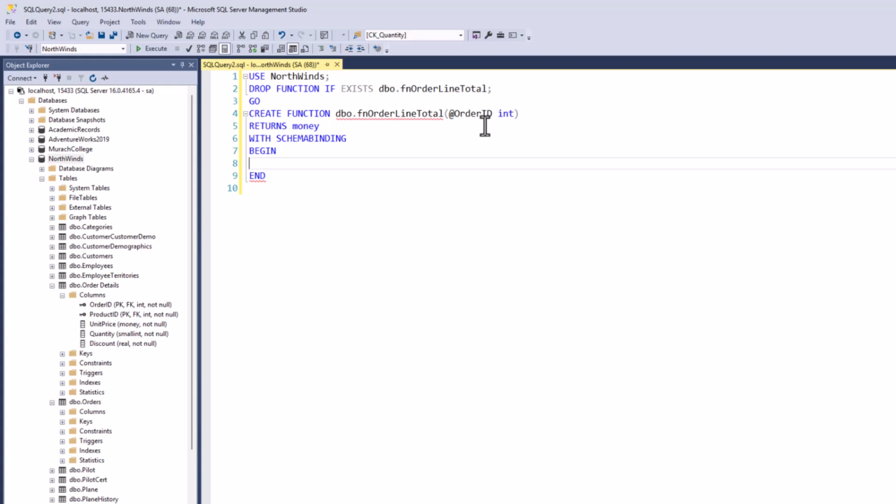So we're going to start with declaring a variable, and this variable is going to be our order total. This is what we are going to return from our function. It needs to be the same type as what our return type is, so we're defining it as money. We are going to go ahead and then put in our return statement. Now that we have that all framed out, we can go ahead and actually set the value to return, and this is going to be @order total,